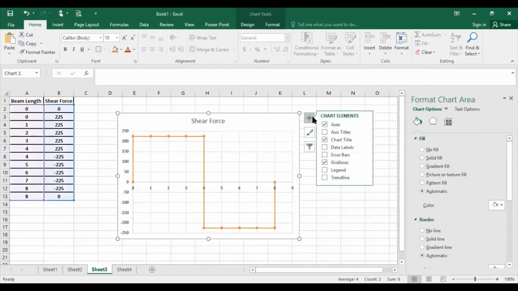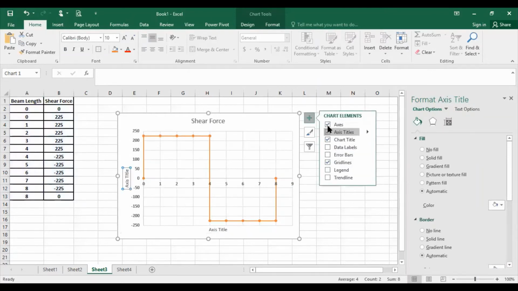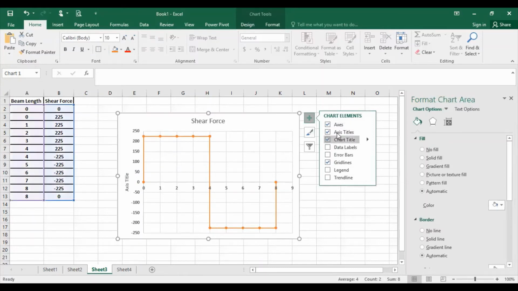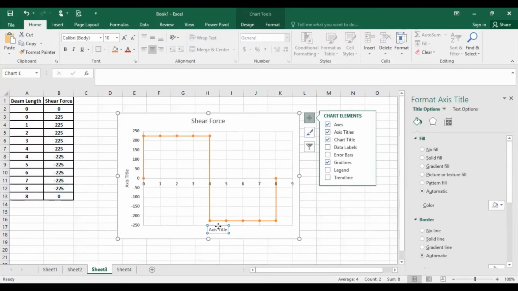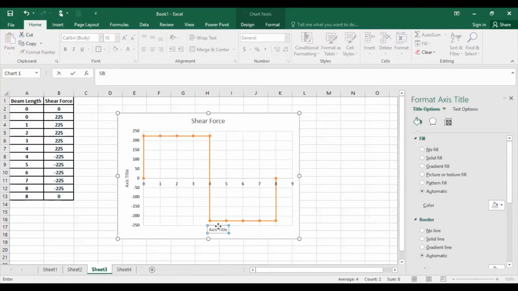And I'm going to click here the plus sign, then I will add axis titles as well. So at x-axis, what I have taken, axis title here I have taken beam length.